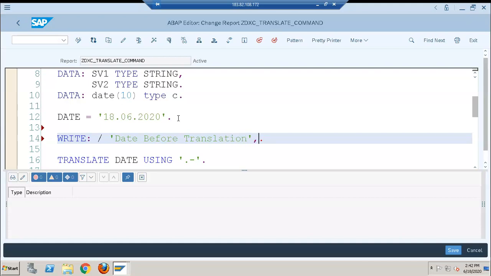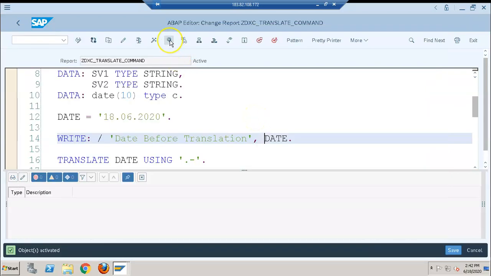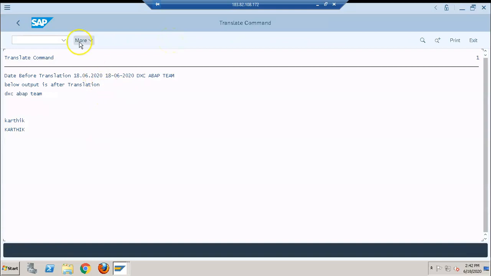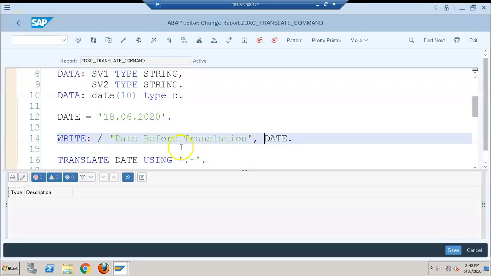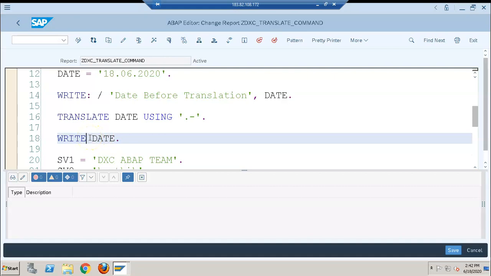and then we'll go for date. Then we'll go for date after translation.